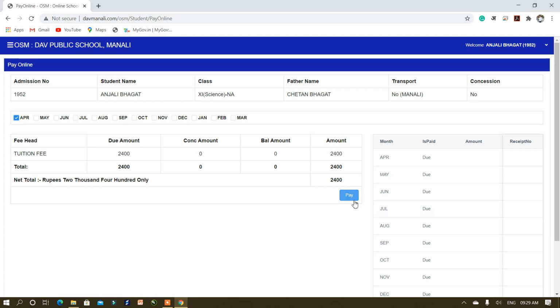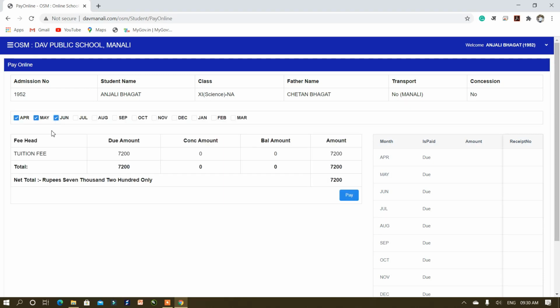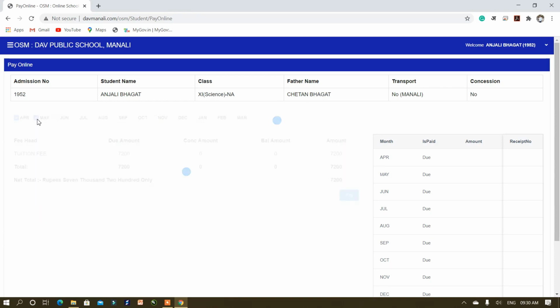But if you want to pay together for more than 1 month, then in that case, you have to click on the months one by one for what you want to pay. For instance, here we have selected 3 months, April, May, June, and total amount being shown here is 7,200.